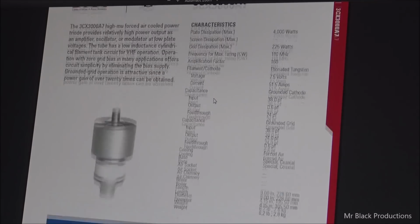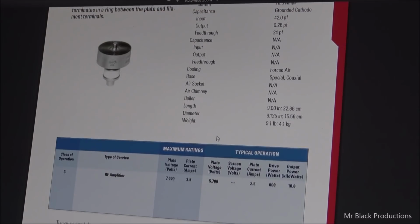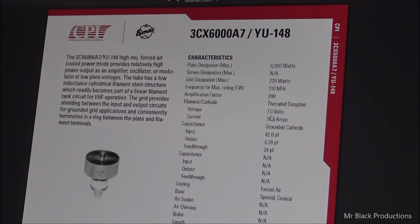So, let's also pop up here and take a quick second, and let's look at the other major variable. We're going to look at our filament voltage, 7.5, and our current is going to be 51.5 amps. Let's go look at the 6000. We're going to be a half volt lower, and because of the lower voltage, it's going to pull more amperage, which is 78 amps even. Okay? Once again,